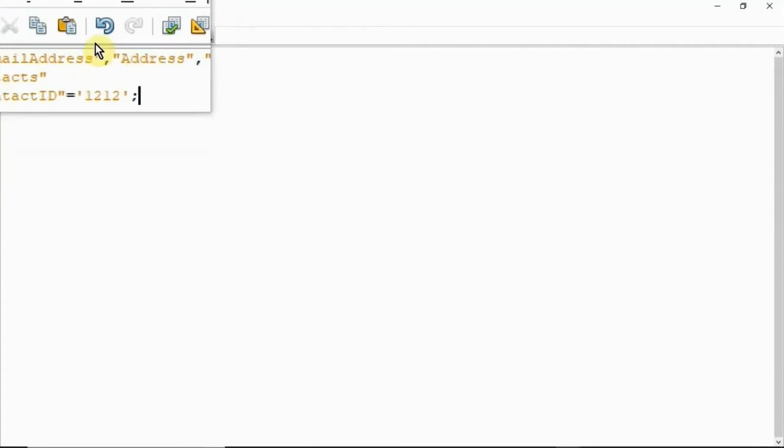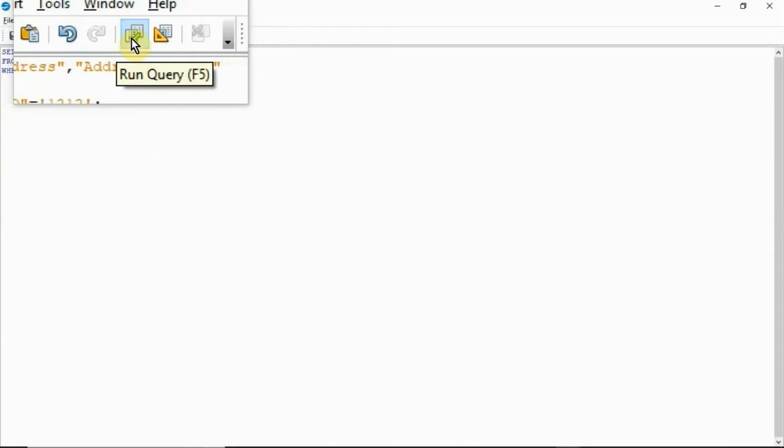After typing the statement, click Run Query, otherwise press the F5 function key.